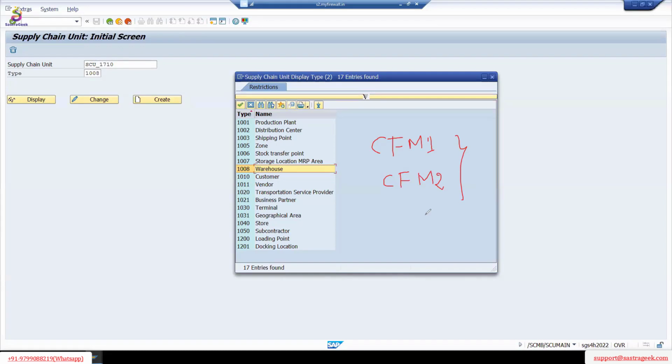Since we are in an embedded system, we don't need to use transactions CFM1, CFM2. What I want to say is, there is even no need to create a supply chain unit like this. Instead, if you use transactions CFM1, CFM2, you can create the supply chain unit directly from the plant. That means the plant itself I can convert as a supply chain unit, as the plant already has an address. But since it's an embedded system, I'm directly creating a